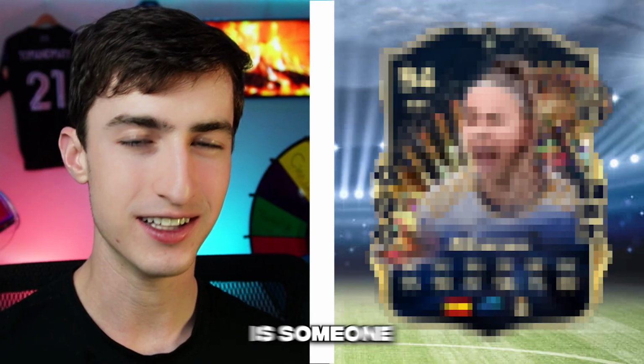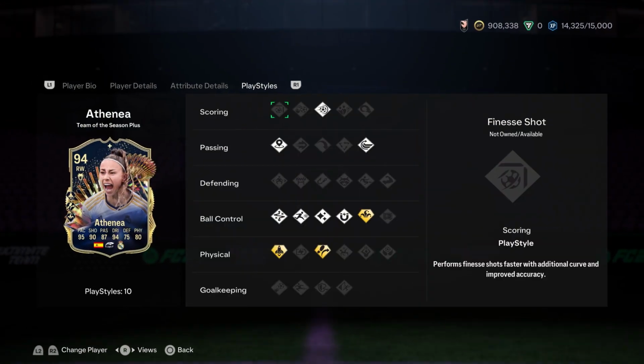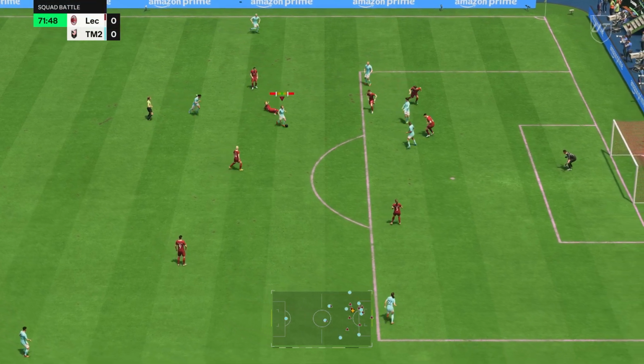But the second right wing is someone we don't typically see, Athenea, who's only 50k, but she has 5-star weak foot and the Trivela playstyle plus. So anything outside of the box, she is gonna rip shots